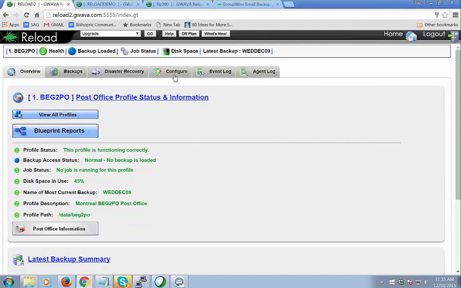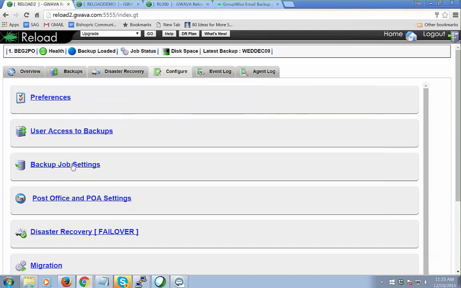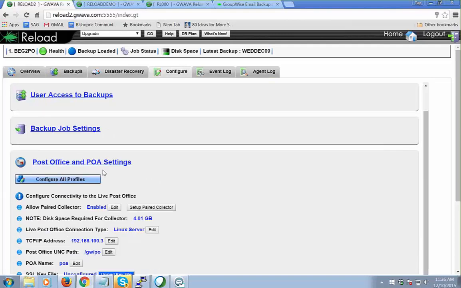You can take an existing profile and go to the Configure tab, go to Post Office and POA settings. I'd already turned that on, but basically this would be disabled by default. Then you just say Allow Paired Collector. Now, what that does